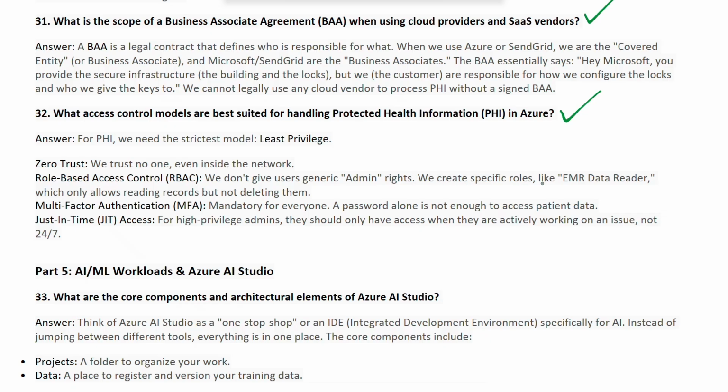We create specific roles like EMR data reader, which only allows reading records but not deleting them. That is exactly RBAC. Multi-factor authentication is mandatory for everyone. A password alone is not enough to access patient data. And just-in-time access, that means JIT access, for high privileged admins: they should only have the access when they are actively working on an issue, not the entire 24 by 7.